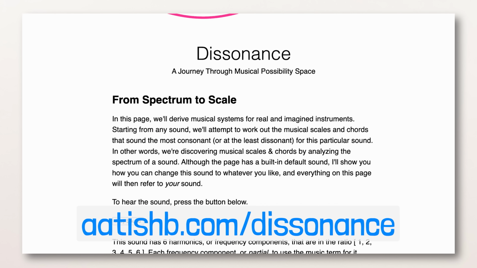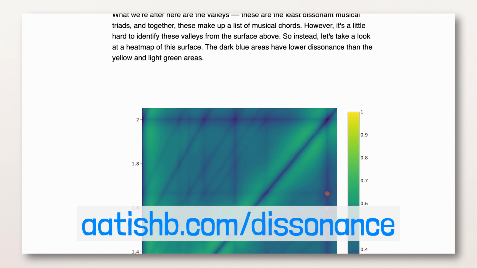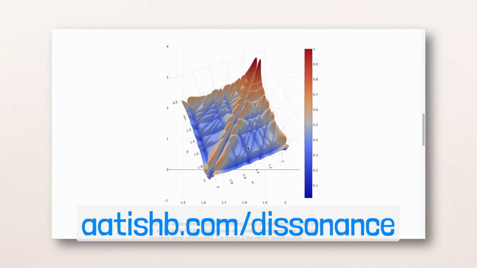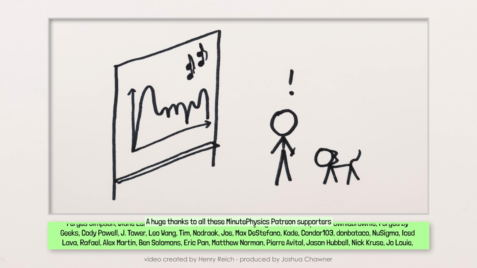My friend Atish has an interactive article on their website where you can play around with these ideas. It's where I first heard about this quantitative way to define dissonance, and I recommend you check it out. And I've used screen grabs from the website for examples throughout the video. There are also a bunch of caveats to the dissonance graph that I want to mention, but first